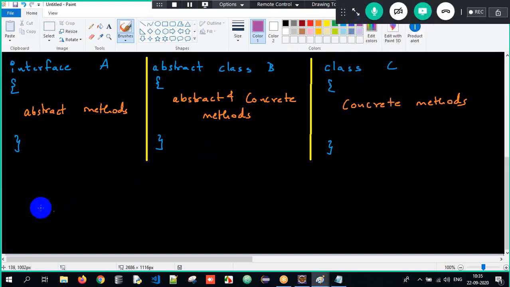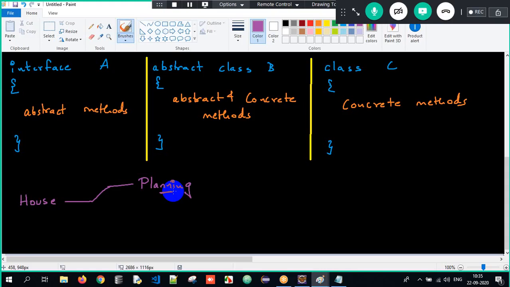Now imagine, guys, you are trying to construct a house. First you have a plot. First, what will you do? You will just plan. You'll do only planning. So you have a plot and you want to construct a house. You'll do planning: ground floor, basement used for parking, first floor 1 BHK, second floor 2 BHK, third floor terrace garden, fourth floor some kind of blah blah blah. You'll do only planning. You know what to be done, but you are not sure of how to be done.